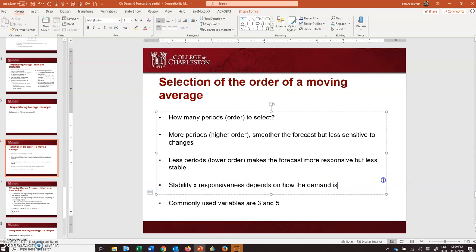So we have this trade-off between stability and responsiveness, and this really depends on how the demand is. If the demand is more stable, it doesn't change too much, then you can use more periods of time. If the demand changes a lot from month to month, or from a period of time, let's say from one day to another, or from 1 week to another, then you should use fewer periods of time. And the commonly used amounts, the periods of time are very